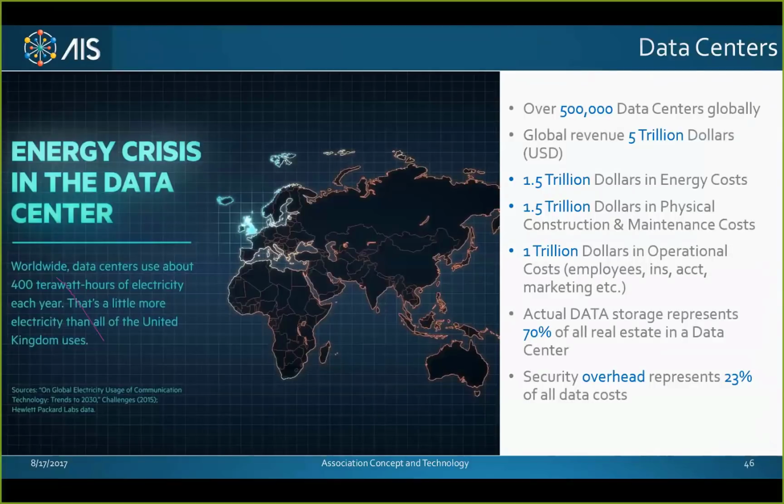By simply looking at the physical cost at $1.5, operational, etc., actual data storage requirements represent 70% of all those 500,000 data centers. So 70% of all resources attached to a data center is related to storing data. Not information, mind you, data. And of course, the security overhead represents another 23%.